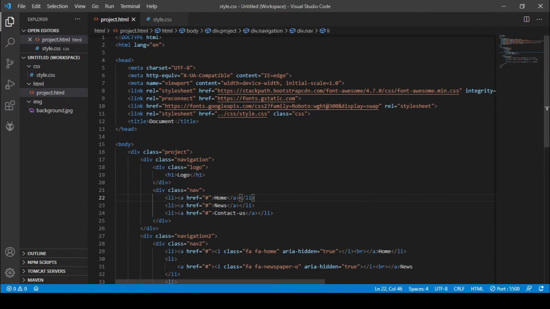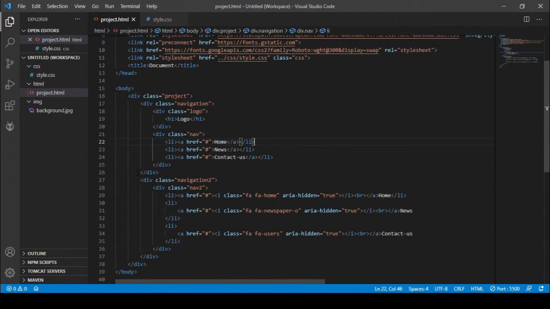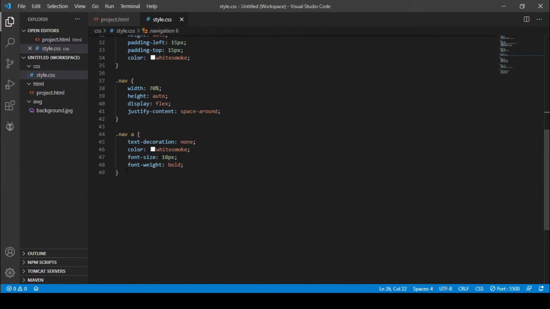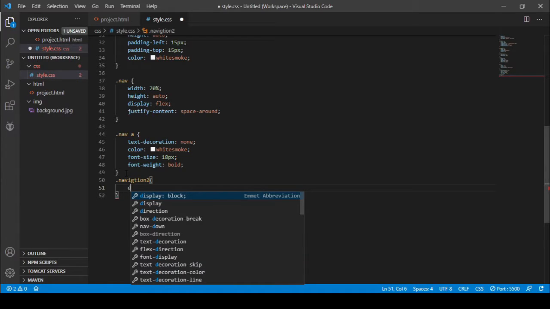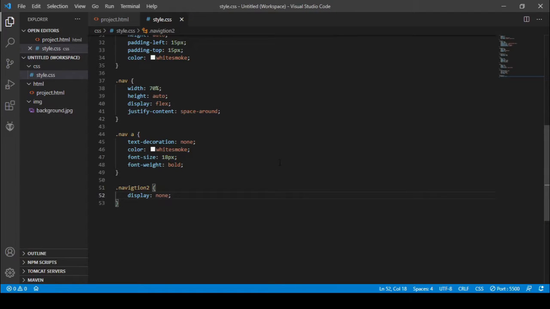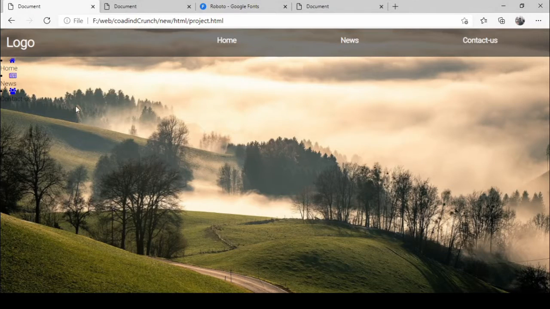Here, let's get into navigation to class and let's style that. I don't want to appear this class in this width, so I need to give the display as none on here so that it disappears from this width of this web page.